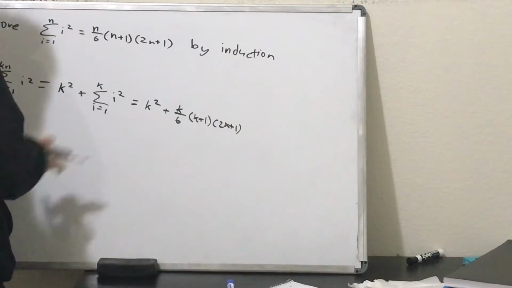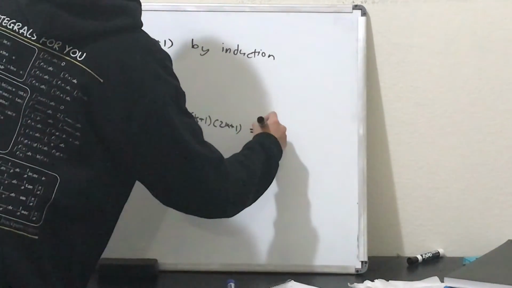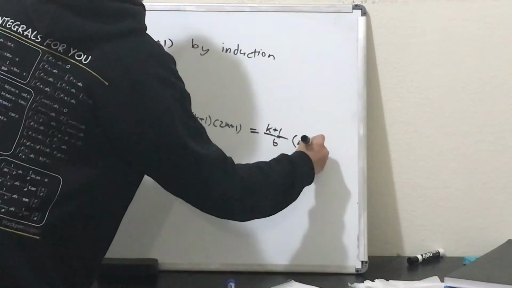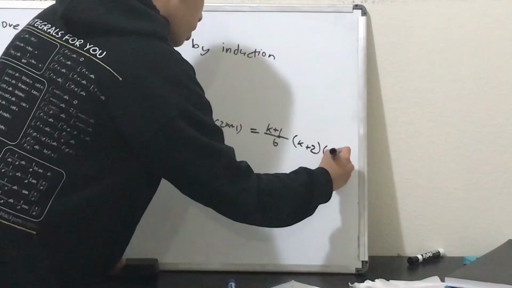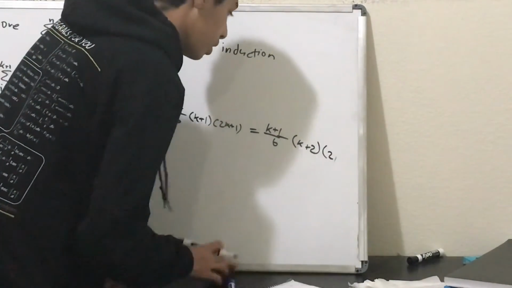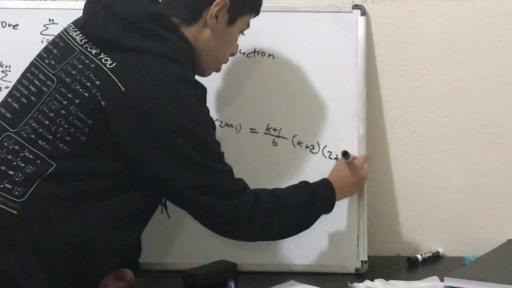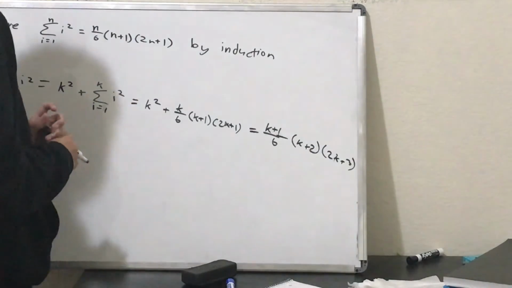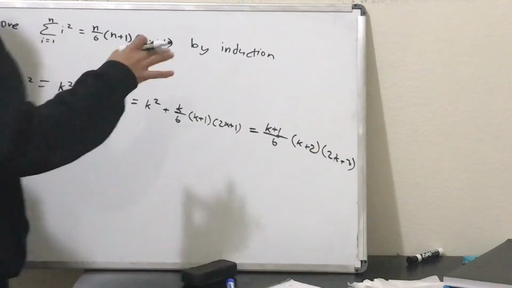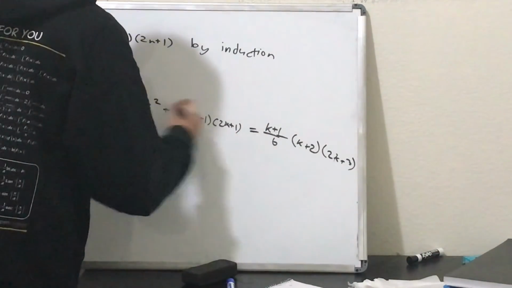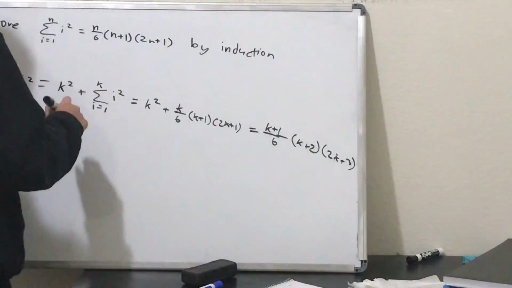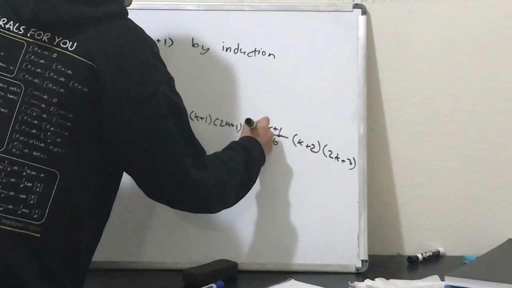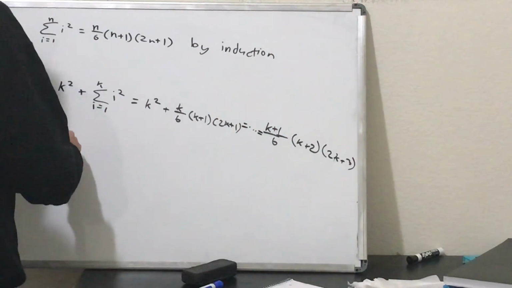Okay, so let's go ahead and see. So we have to show that this is equal to k plus 1 over 6 times k plus 2 times 2k and then plus 3 over here. And actually, if you do that, we'll see that it actually does work out, okay? I'll leave the rest to you to just do the algebra to show why this equality is true, but for now we'll just say that if you do the algebra, we do end up getting that. So we did our proof, and now